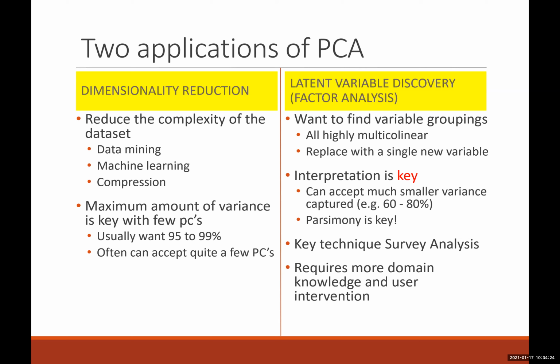But with that being said, they are typically used in a situation where you have high multicollinearity. The end goal is to end up interpreting the results. And because you want to interpret the results, we have to keep things on a smaller scale. So parsimonious here is key, where a smaller number of components is better because it's harder to understand and interpret